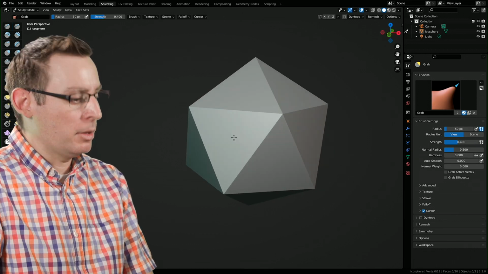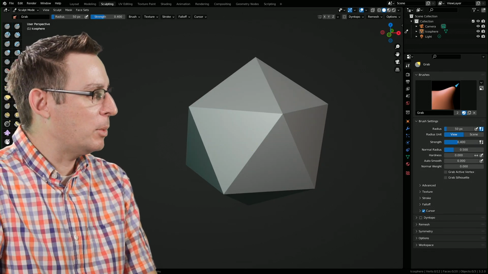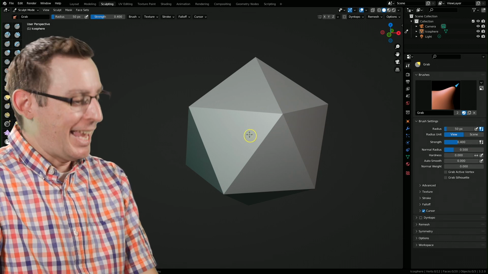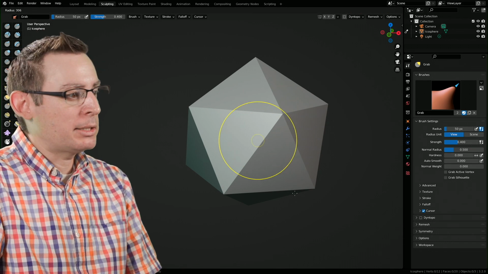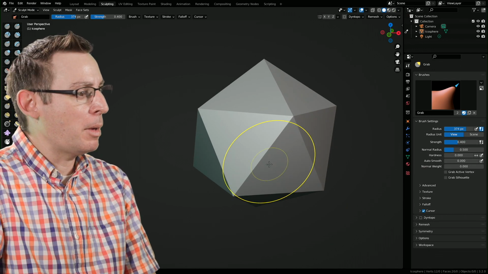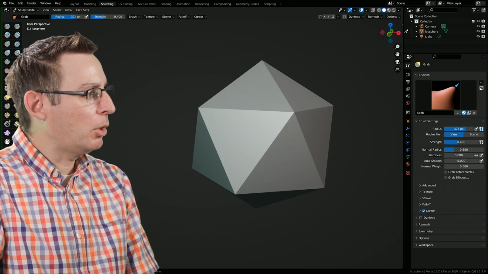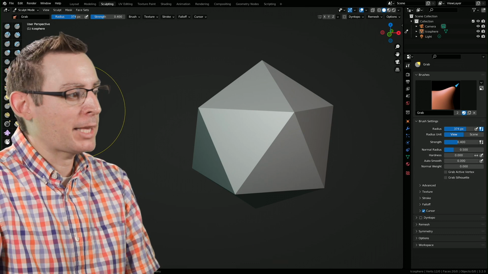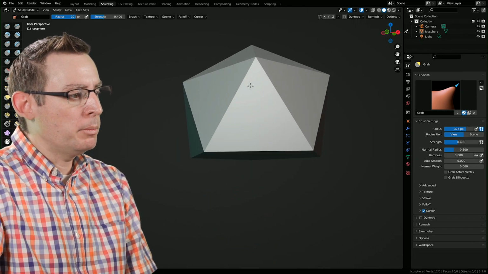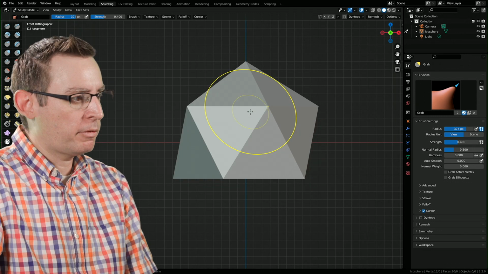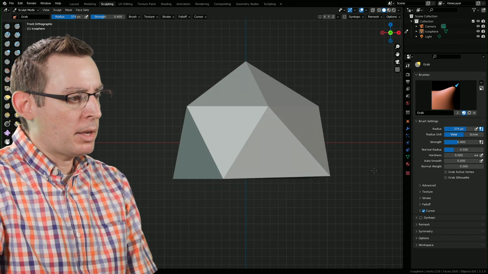I'm going to grab the move brush, it's called the grab brush, I apologize, and hit the F key on my keyboard to interactively make my brush size bigger or smaller. Good one to commit to memory. The grab tool is the yellow one, kind of looks like a little hat on top of a sphere, and I'm going to use this one to very quickly move the existing shapes. Look at it from the front. Yeah, into something that I'm happy with.